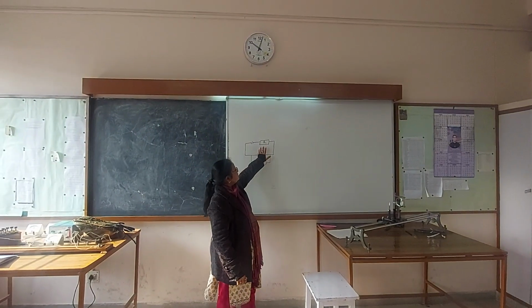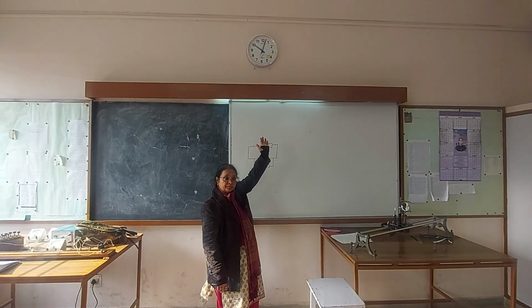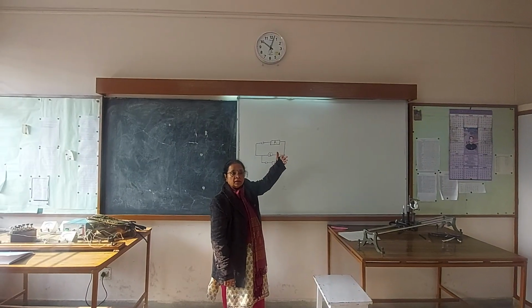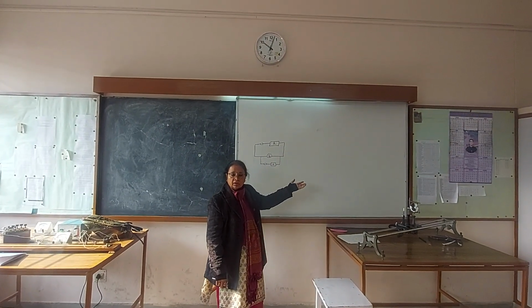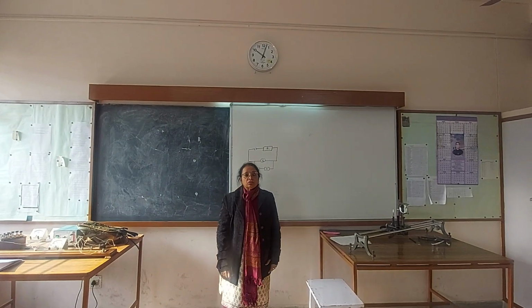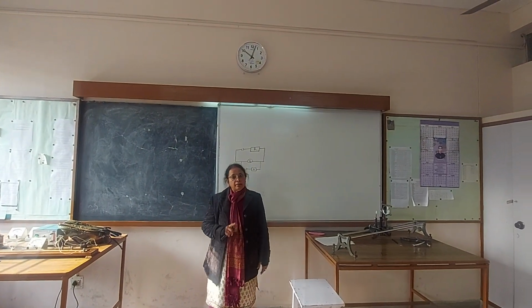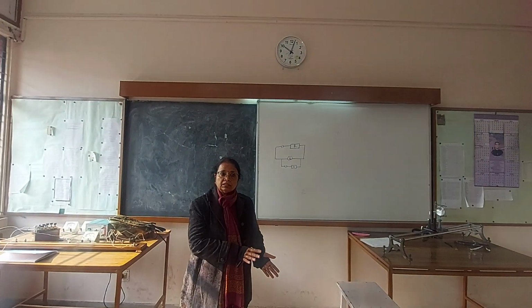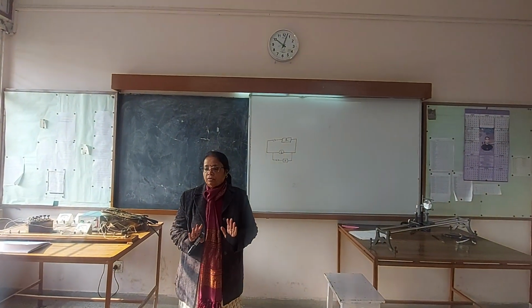For first reading, what are you going to do? Take out the resistance from the resistance box, and deflection should be 30, then 28, 26, 24, like that. How many readings? 5. Very good. So even number in the deflection. Why? Because then when deflection is made half, then it's also a whole number.